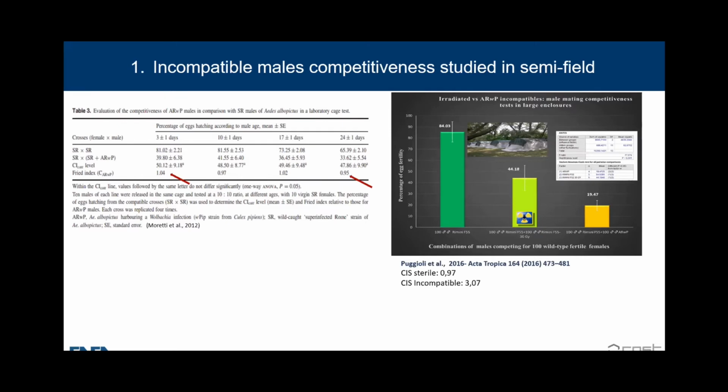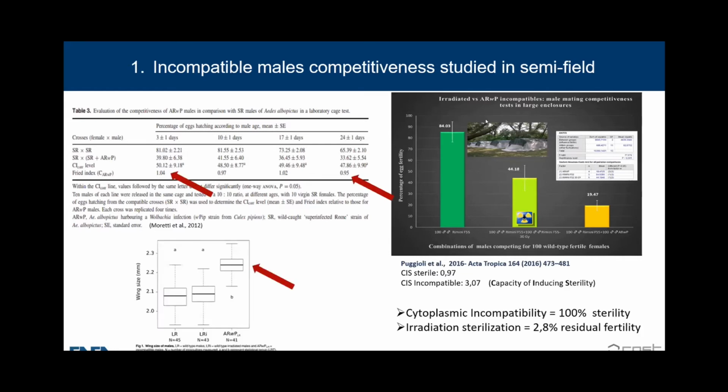As you can see, results were very promising from the first level of experiment, where we found competitiveness indices not dissimilar between incompatible and normal males, regardless of the age of the tested males. The subsequent test in the semi-field reinforced the results of the previous experiment. Furthermore, in the semi-field experiment, we found a good level of competitiveness for 30 Gy irradiated males and